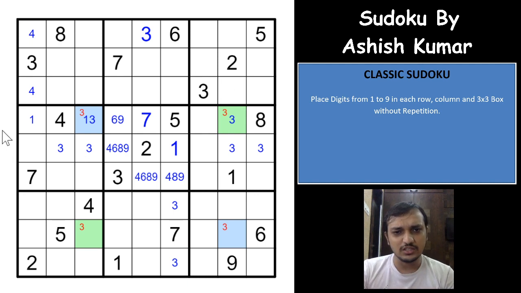So we have seen that the possibility of 3 in these 2 rows, row 4 and row 8, has only 2 columns, column 3 and column 8, right? So what happens here is either the green ones will be the 3 or the blue ones will be the 3. There are only 2 possibilities for the 3 in these 2 rows, right? Which means that if at all you have a 3 here in row 8, you would have to have a 3 here, and if at all you have a 3 here in row 8, you would have to have a 3 here. That is what is called an X wing.